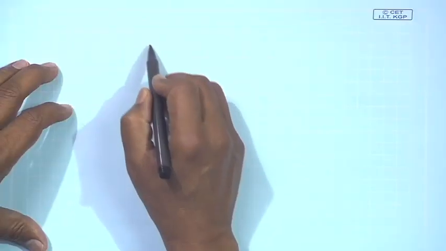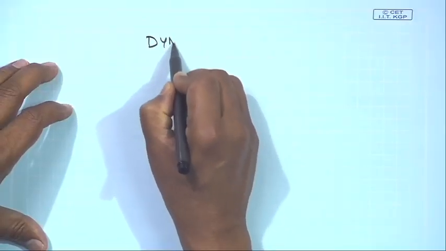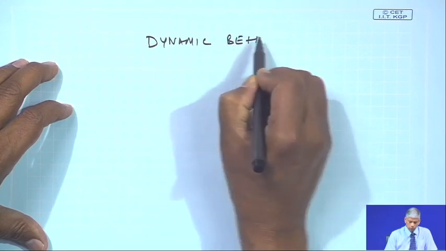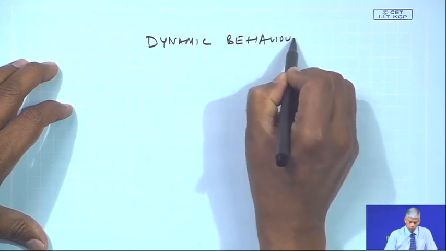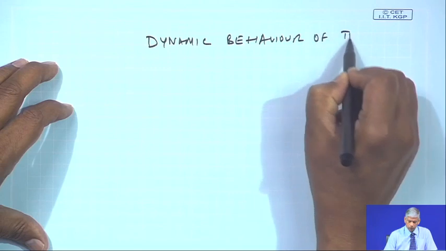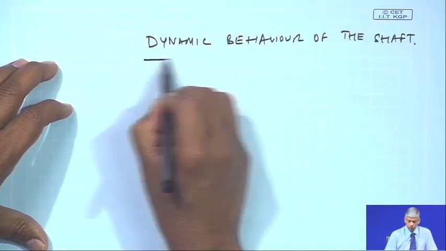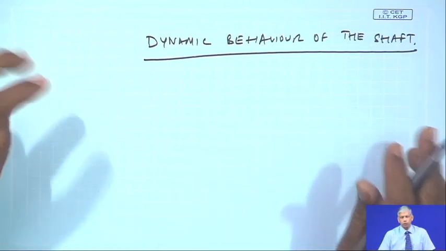Now, what are the conditions here? It is essentially how the dynamic behavior of the shaft affects the machine's, loosely speaking, vibration level, machine stability, etc. In rotordynamics we will see these bearings play a very important role,